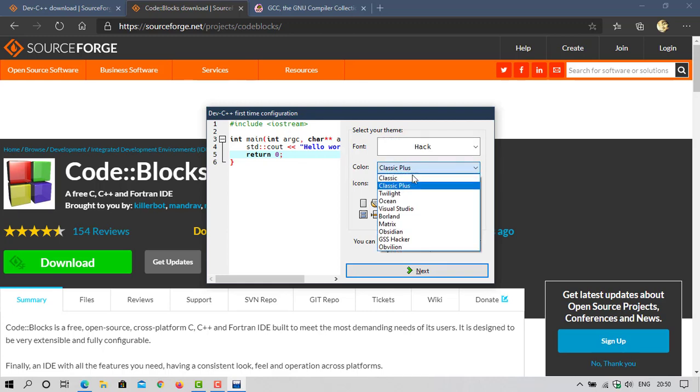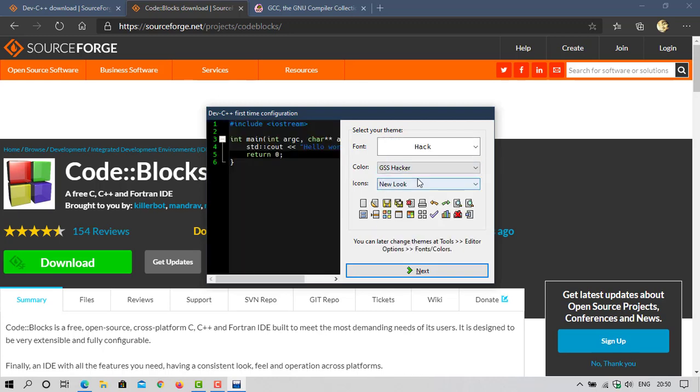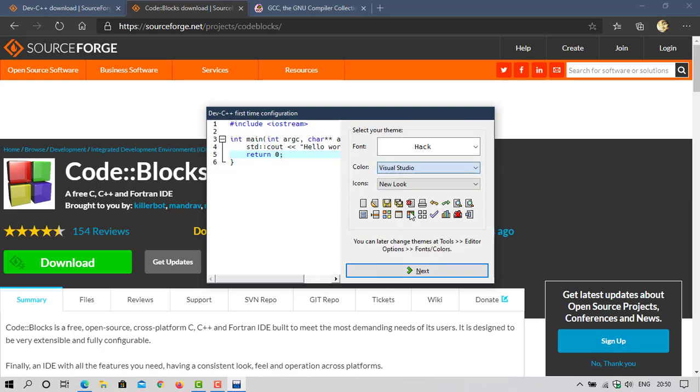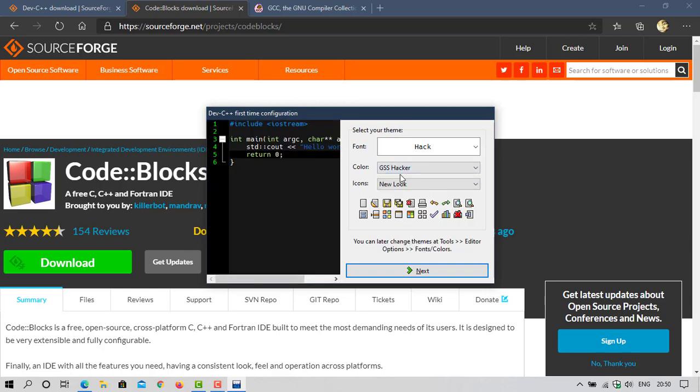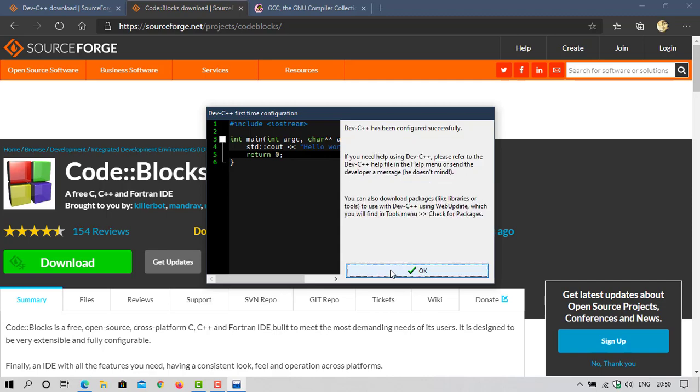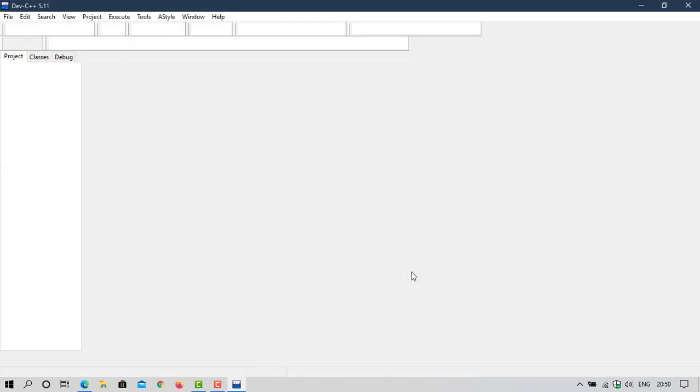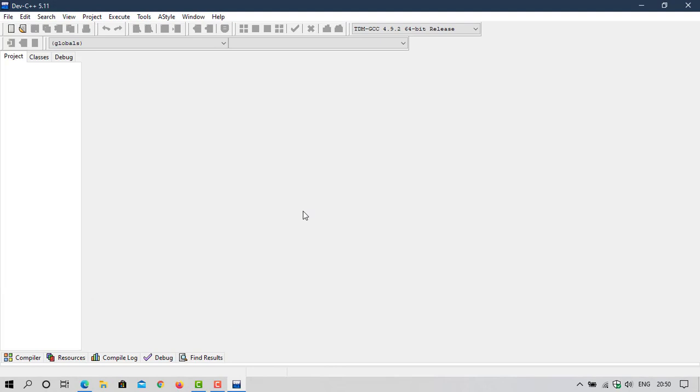And you can change the IDE color to something different. There are a lot of options available. We like the dark one, so let us select the GSS Hacker, and there you can see the preview of the theme, and let's click install. Click on OK, and it will change only the editor, not the entire